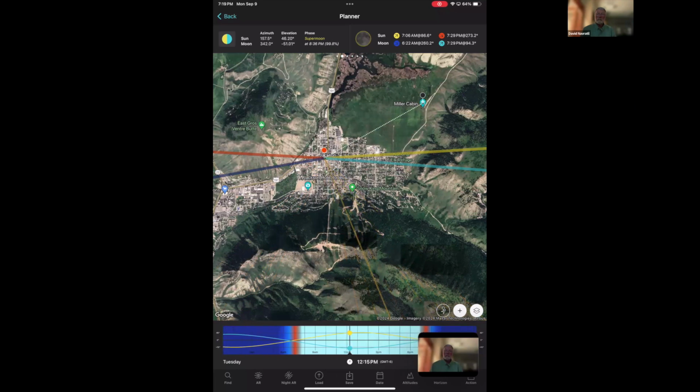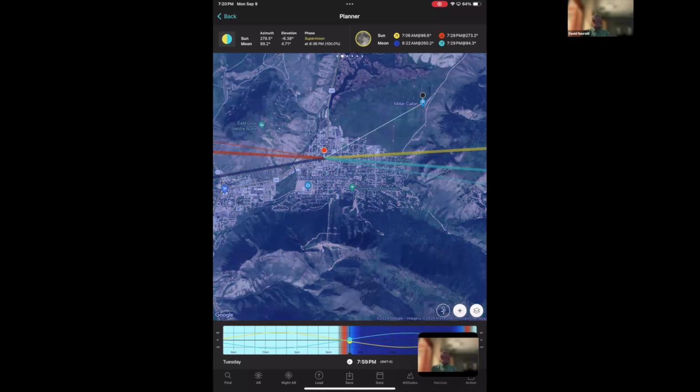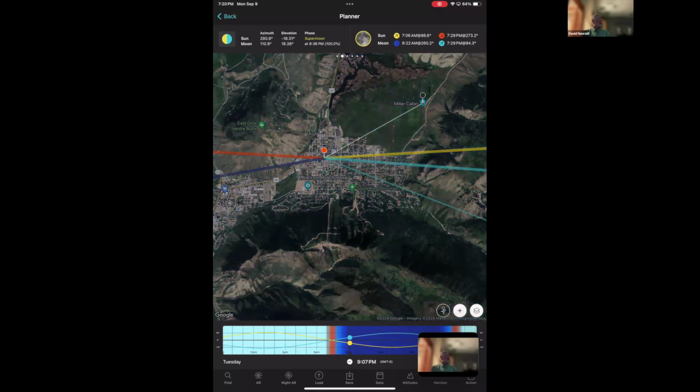So if you want to shoot with the sun in a particular place, then you're going to want it there, and that time is 12:09 p.m. Okay. Typically you're going to be doing more work with the moon, and you're going to want it somewhere in